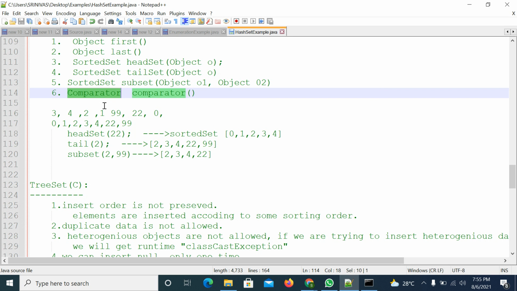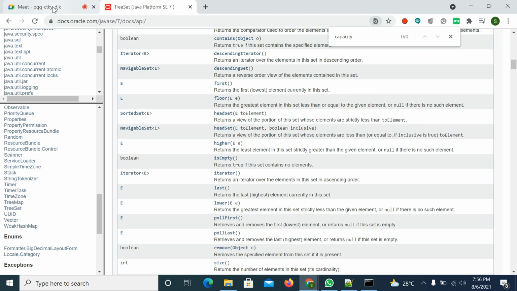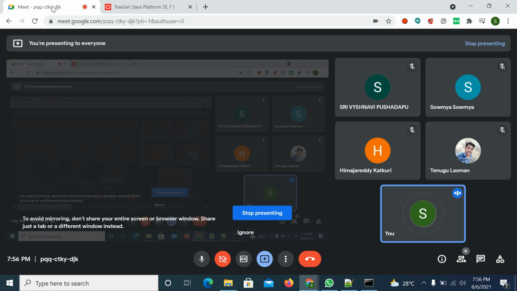You need to implement a class by implementing the Comparator interface. In that interface there is a method called compare. We need to override that method and write our own implementation for sorting the elements. We will see that with an example in tomorrow's class. If you have any doubt, you can ask me. Otherwise, we will end the session.